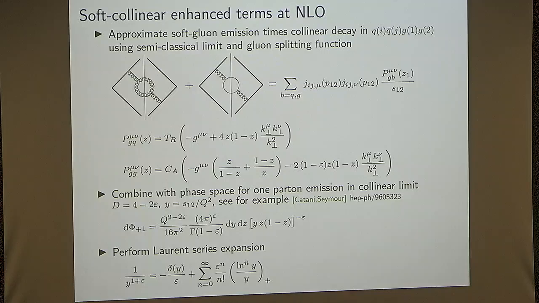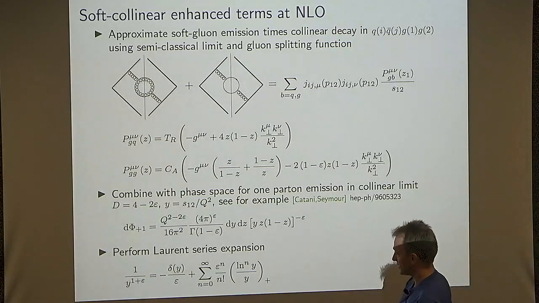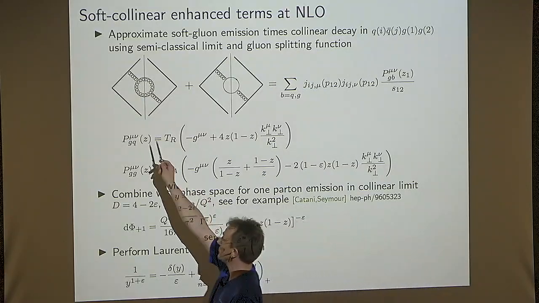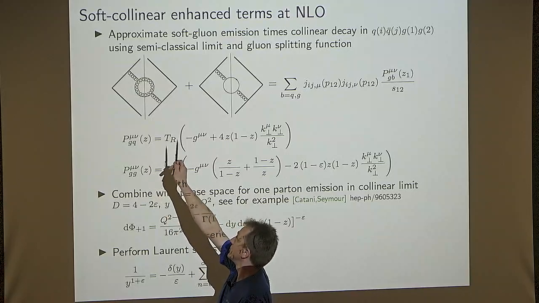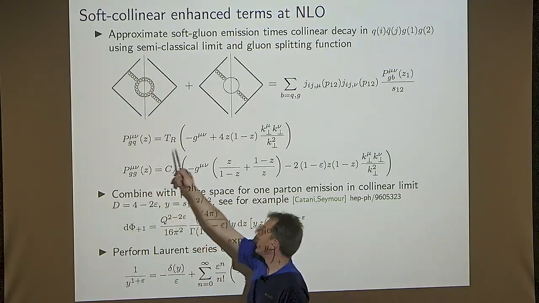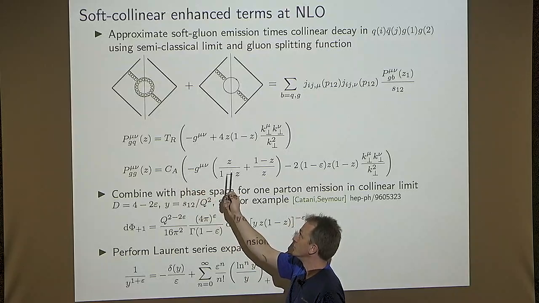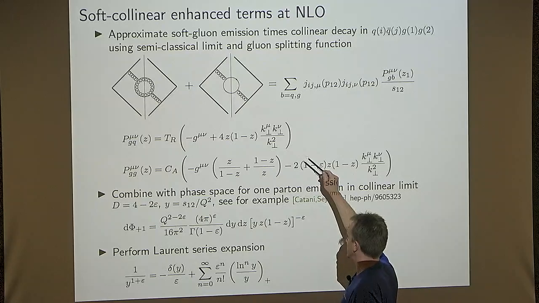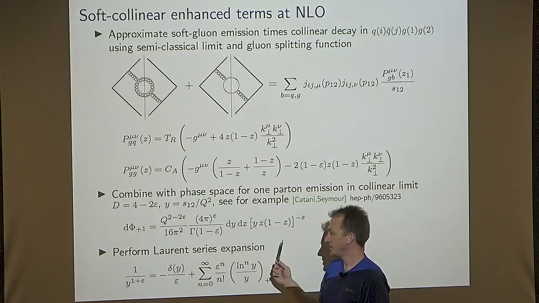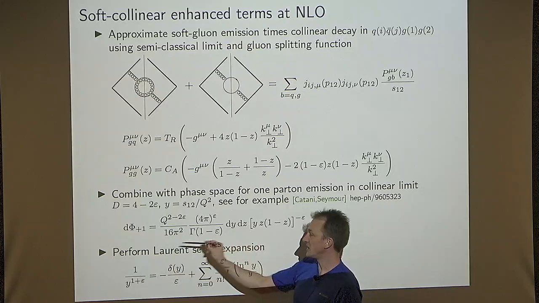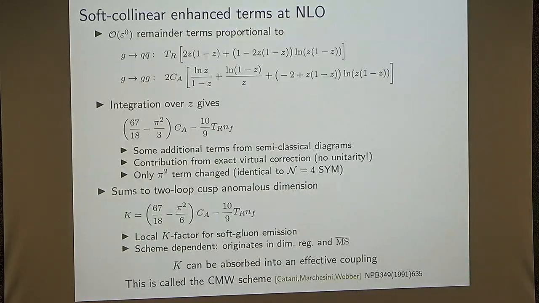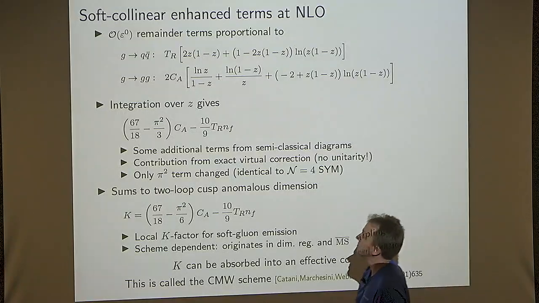And the idea is as follows. You have universal higher order terms that are not the ones that I was drawing, which were the soft terms, but these are soft collinear. So you emit a gluon from your Wilson line, and you split your gluon using a collinear spin-dependent splitting function into two, either gluons or quarks. And you do the honest higher order calculation in d dimensions, including the virtual corrections, and expand your result in terms of a Laurent series. I don't have time to go through this, but the result is very interesting